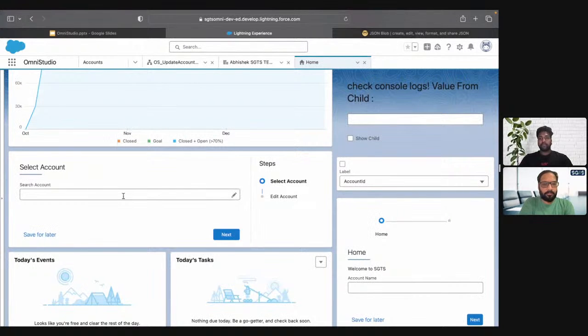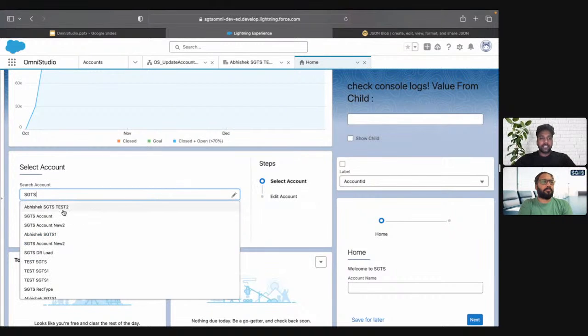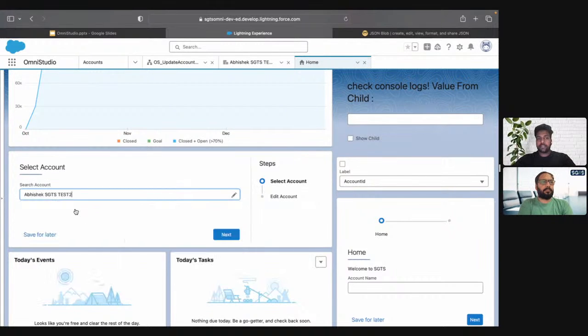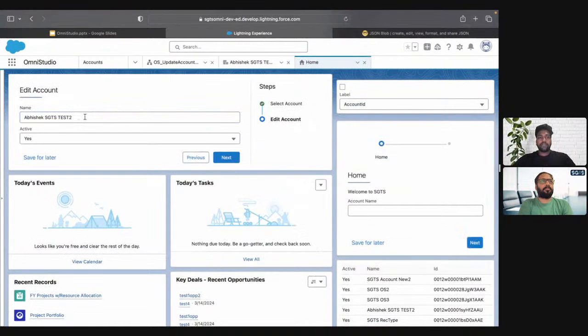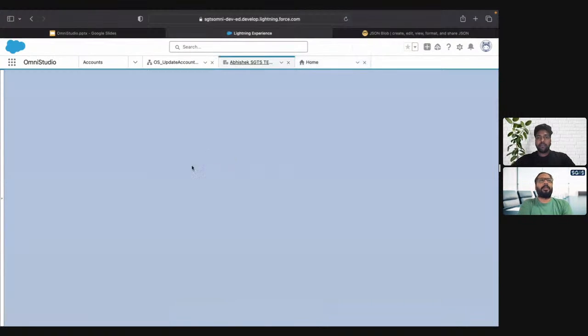I mean, from preview it was not looking like proper functionality, but from here we will be able to see it. So the SGTS test 2 is coming as 2 because we have updated it. Let's say we're gonna update it to 3, and again the active will be no. If I click on next, we will be able to